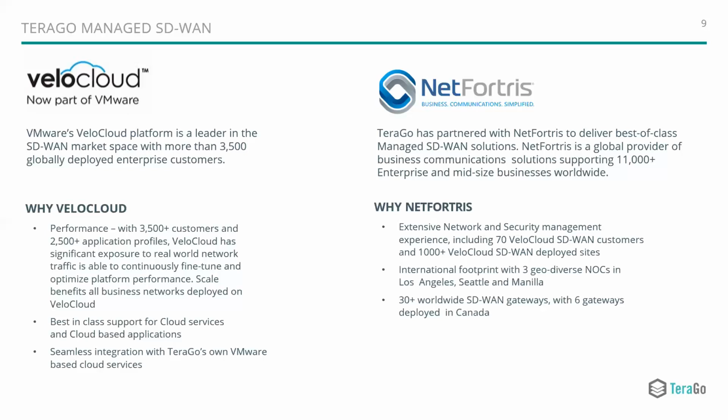A lot of work from home applications also is going to be adopting that as time goes on, right? So that's an important thing. And as you can see, lastly, in the slide that we're looking at here, 2,500 plus application profiles. So of course you can map applications in other ways, but the layer 7 awareness that the orchestrator provides to really easily target specific applications, and these application profiles are growing each and every day,